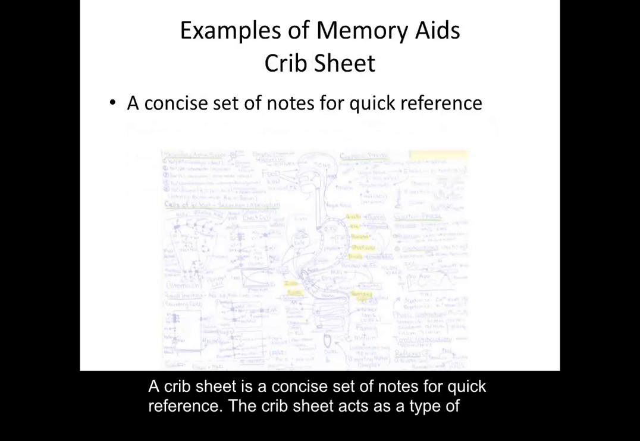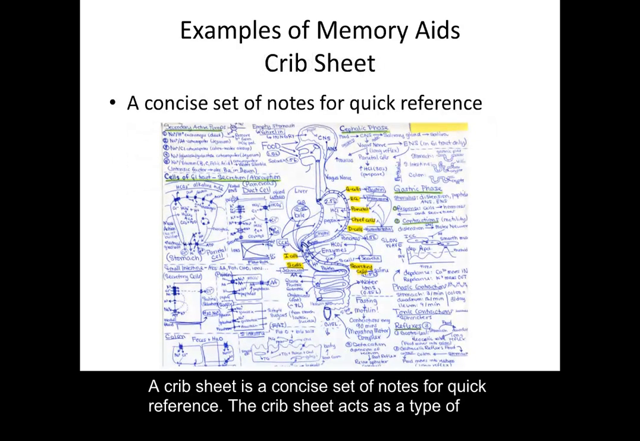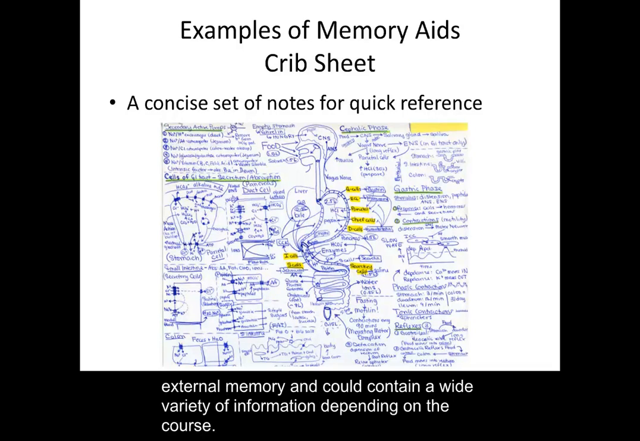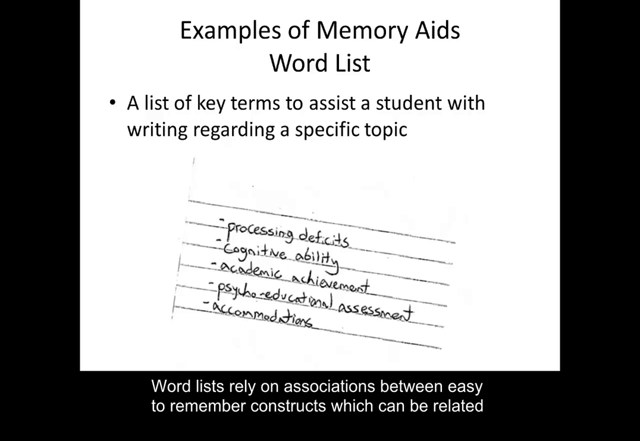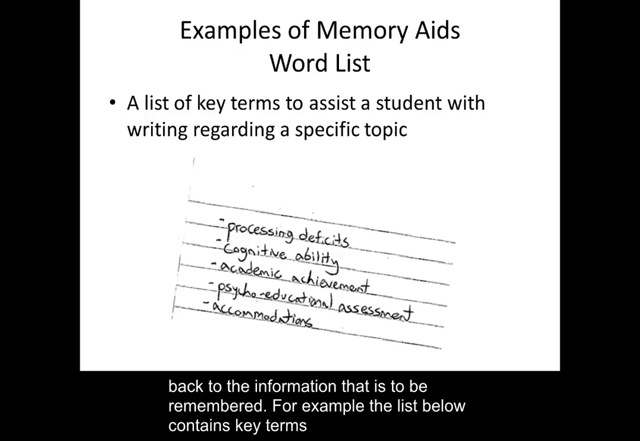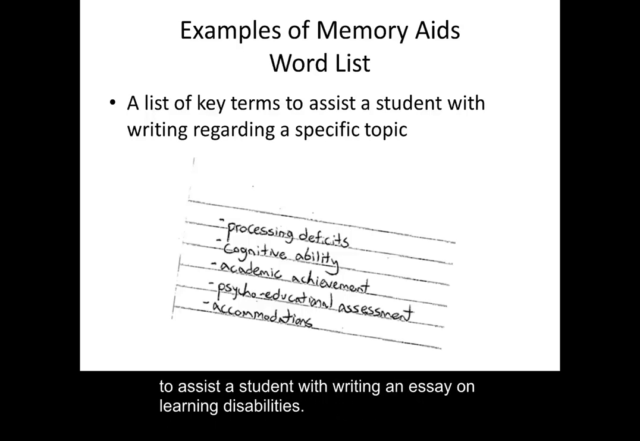A crib sheet is a concise set of notes for quick reference. The crib sheet acts as a type of external memory and could contain a wide variety of information dependent on the course. Word lists rely on associations between easy-to-remember constructs which can be related back to the information that is to be remembered. For example, the list below contains key terms to assist a student with writing an essay on